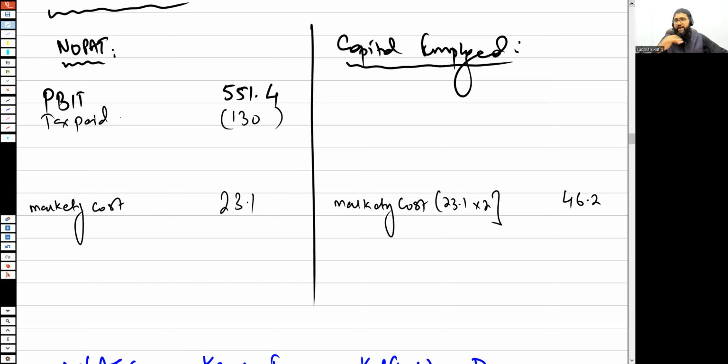We don't actually deduct the interest, but we do understand the after tax. If the interest expense is not deducted, then you lose the tax relief on the interest. Loss of tax relief on interest: 30% multiplied by